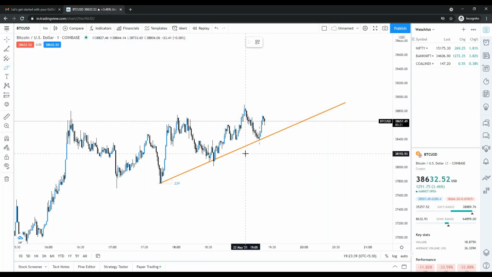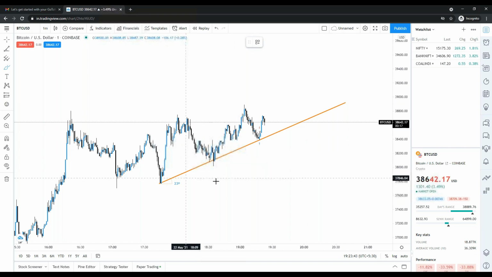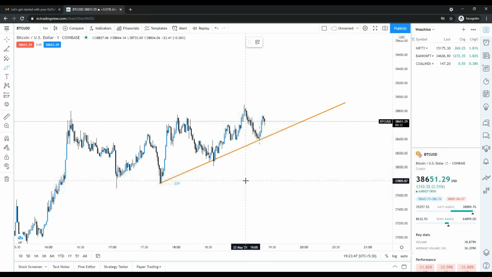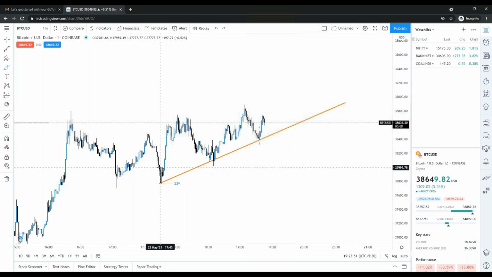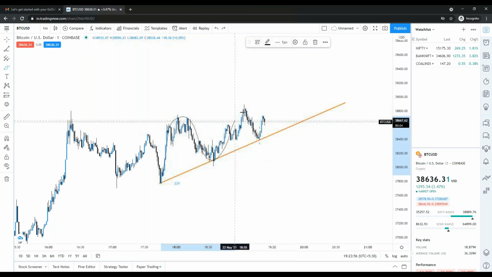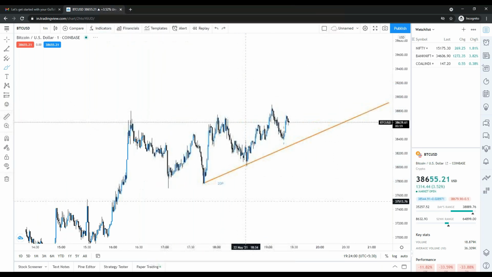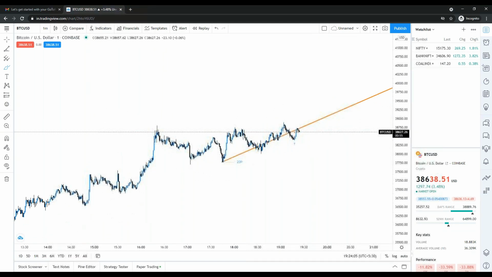Angle itself is a big theory, because understanding angle is very important. If the angle is, let's say, 23 degrees, 25 degrees, up to 30 degrees, those are called safe angles. It means the price is moving above this trend line, going here, here, here, like this. But if the trend angle is something like this, I will explain. For example, it will only work on the daily time frame.